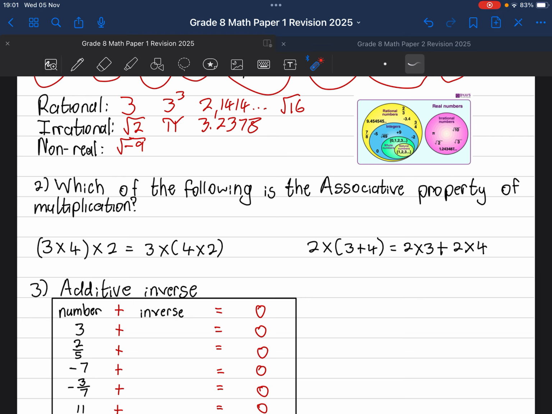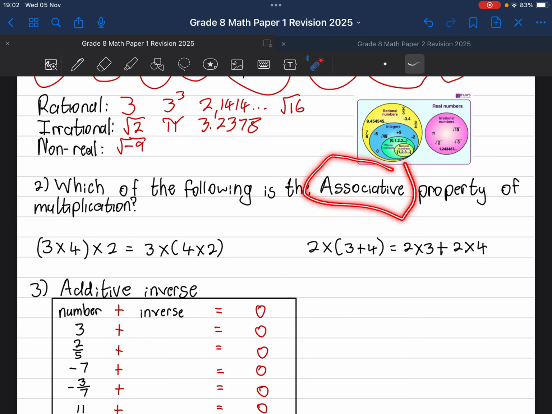So which one would be the associative property of multiplication? So let's look at this one first. This is 2 times (3 plus 4). From what they have here, it seems that we have taken the 2 and multiplied it by 3, and then taken the 2 and multiplied it by 4. 2 times 3 and 2 times 4. This is called the distributive property. It's where we distribute the 2 to the 3 and the 4,